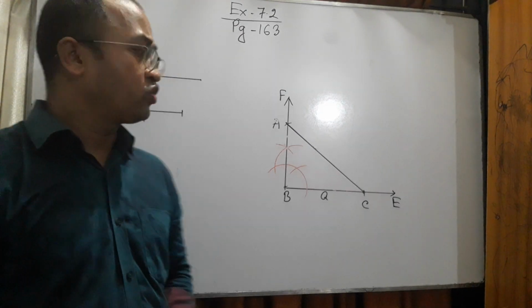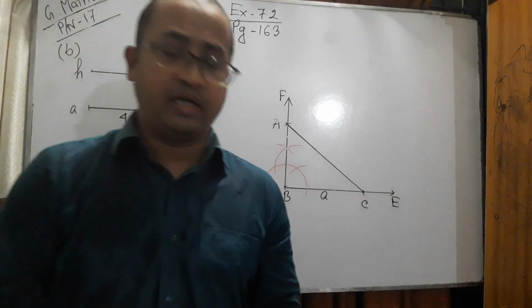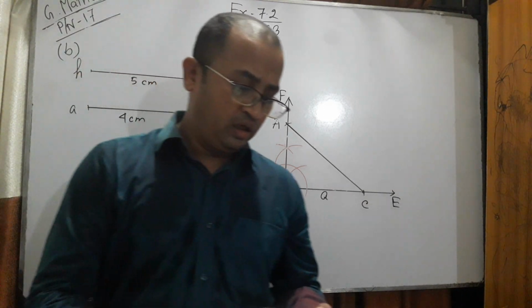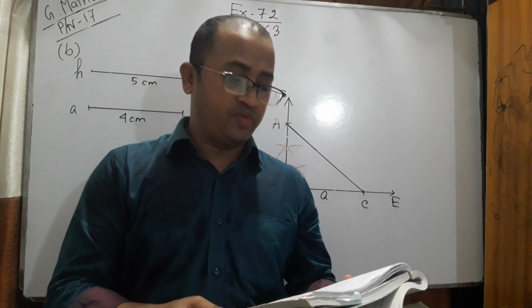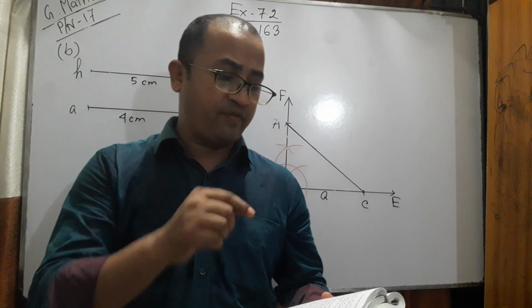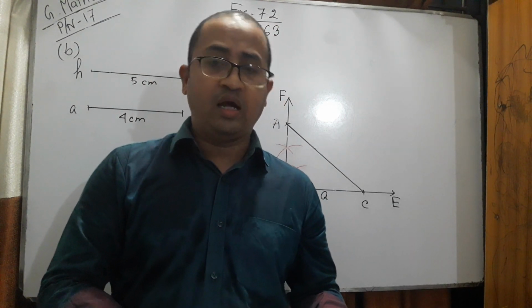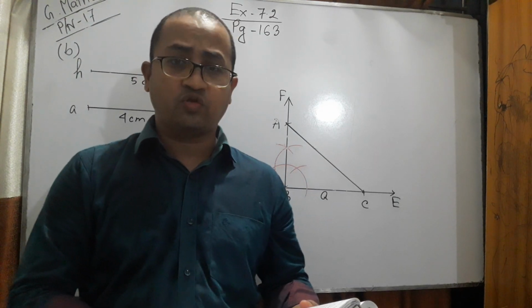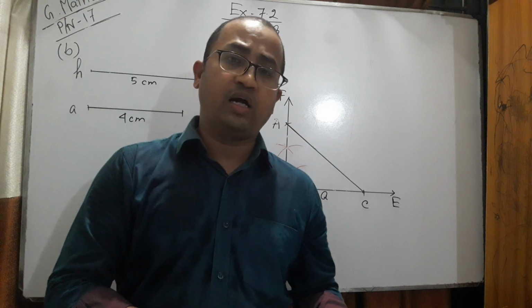Now student, question number C. I read the question again. Construct a square whose perimeter is equal to the perimeter of the triangle. Just now I have completed question number 16. It had the perimeter given and I have completed how to draw the square. So I think you can do this yourself. After all, I will show it again.